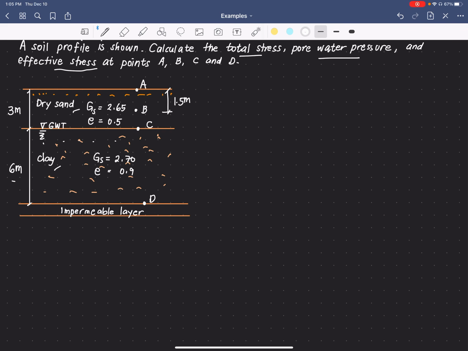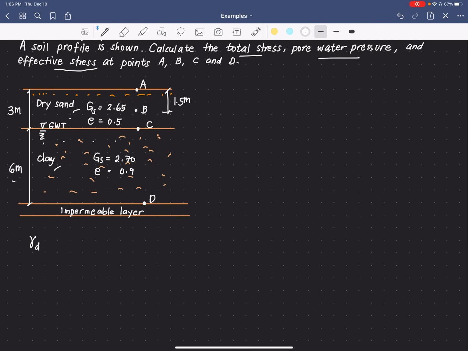So based on our formula, to calculate the total stress, we need the unit weight of the soil and the depth or the thickness of the layer. And so the first thing that we need to do is to calculate the unit weight for the dry sand and the clay layer. So let's solve first for the unit weight of the sand. Since it is above the groundwater table, we can solve for the dry unit weight of the sand,